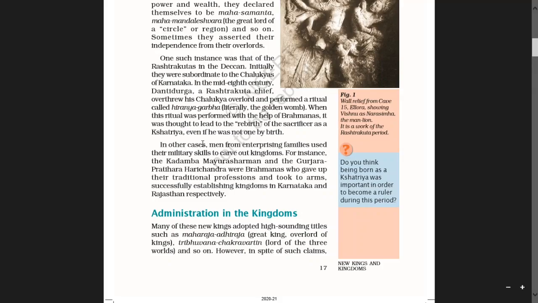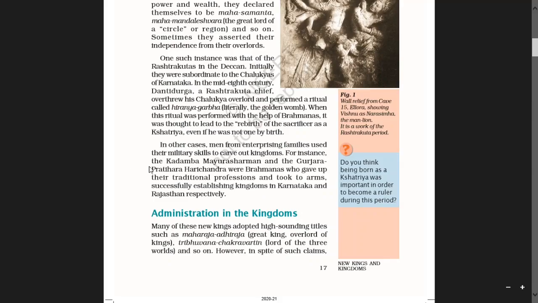In other cases, men from enterprising families used their military skills to carve out kingdoms. Carve out means to establish or create through effort.